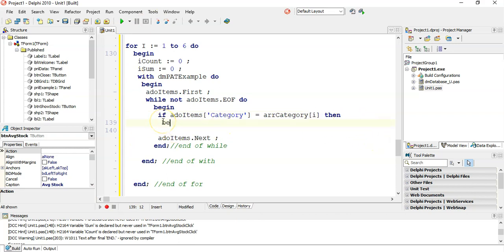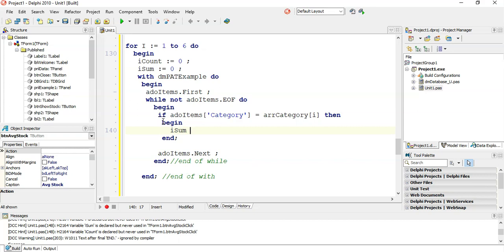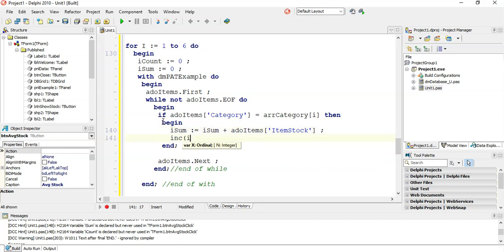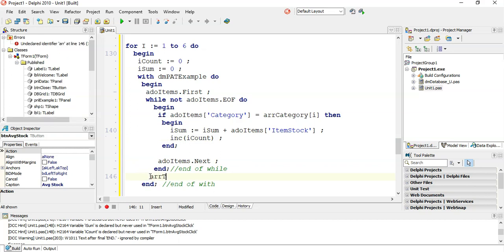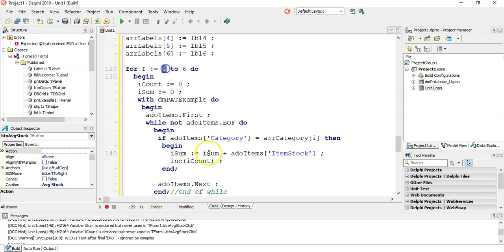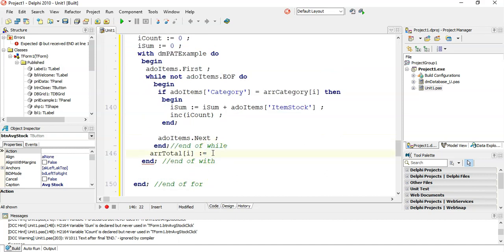If it's equal to the same as that, then we want to work out the average, which means R sum is equal to R sum plus the value in stock. I think it's item stock, if I remember correctly from the previous example, item stock field. And we want to increase our count so that we can find the average. And then once the loop is done, we can say, hey, array totals, square bracket R, because we're dealing with R, the first one over there, so we must actually be inside the for loop. Yes, we are. R, so the first one for bakery is going to be equal to the sum